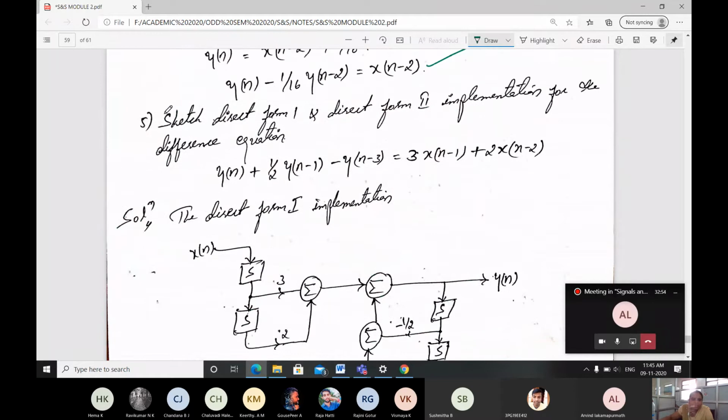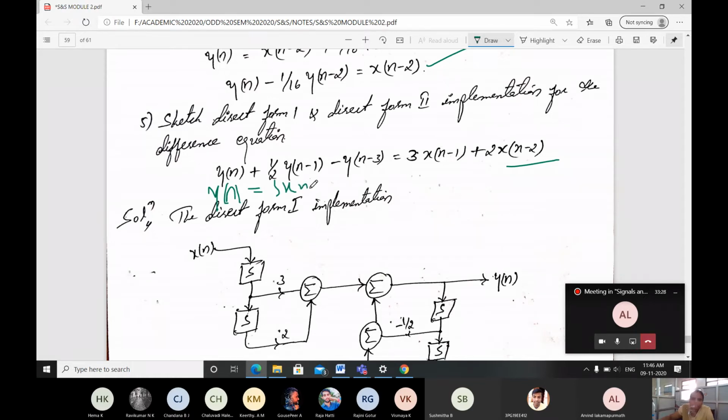Next problem: it is given as sketch the direct form 1 and direct form 2 implementation for the difference equation. Here the equation is given y of n plus 1 by 2 y of n minus 1 minus y of n minus 3 is equal to 3x of n minus 1 plus 2x of n minus 2. First thing you have to do, write the given equation in terms of y of n. What is y of n going to be? 3 into